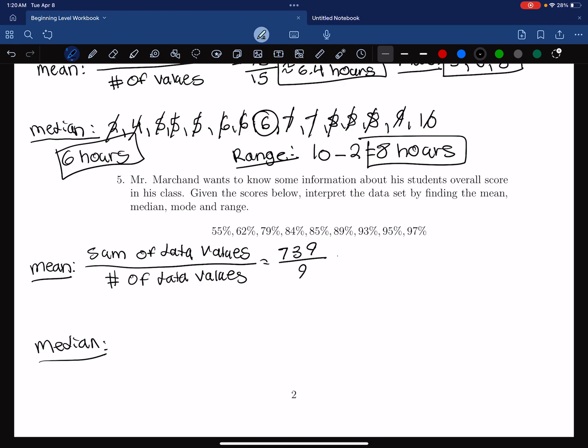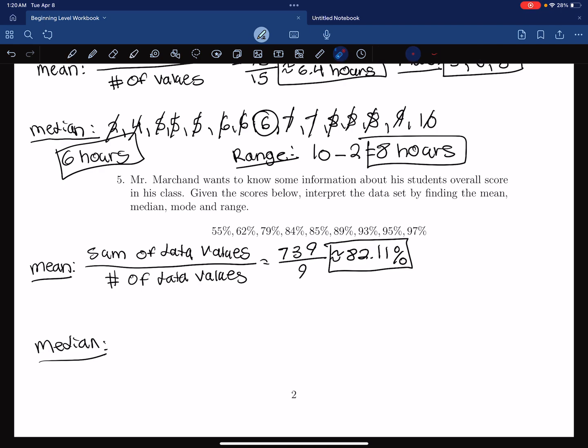And we got 739 divided by 9, which if you divide that out as a decimal, you will get approximately 82.11%. So this is the mean, or the average grade in Mr. Marchand's class. And looking at the median,